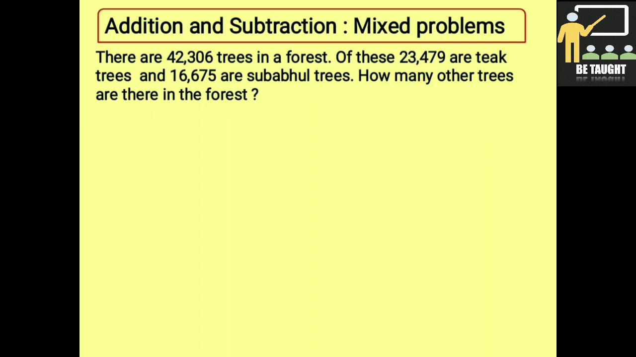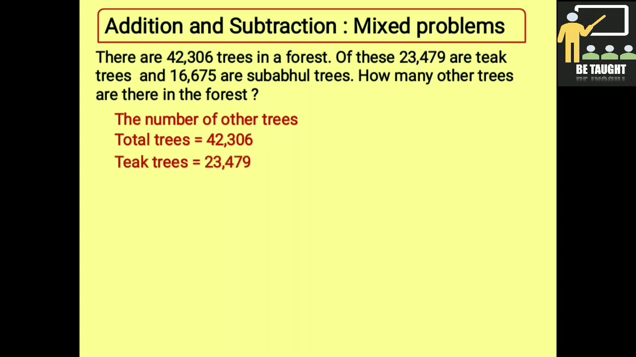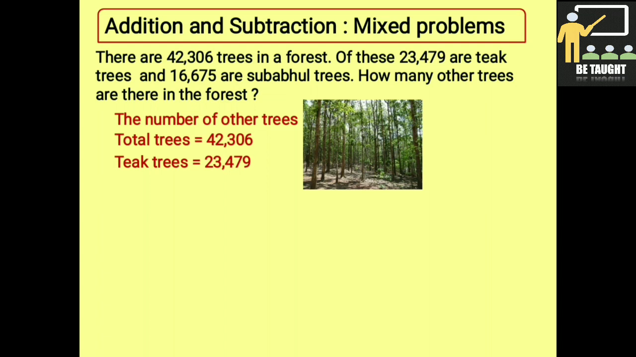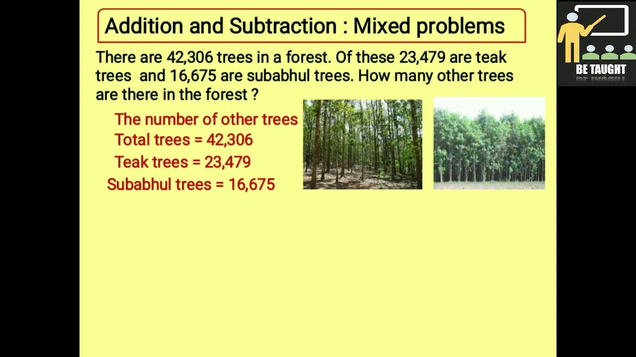So what is asked? The number of other trees is asked for us. What information is given? We are given the total number of trees is 42,306. Teak trees is equal to 23,479. And subabul trees are equal to 16,675. So what will we do first? Yes, we will add the teak and subabul trees